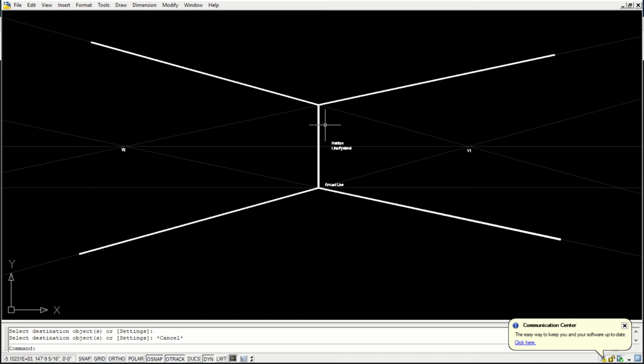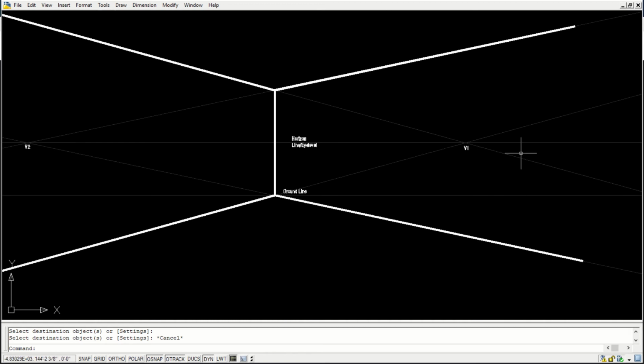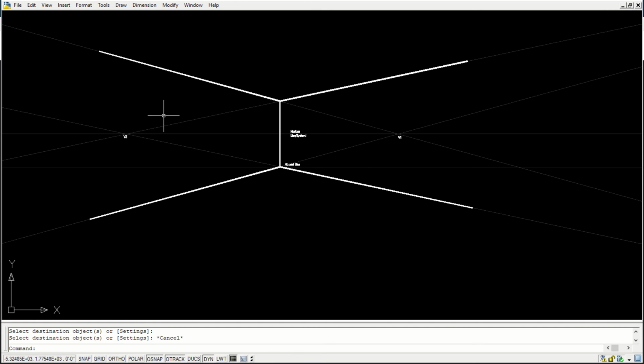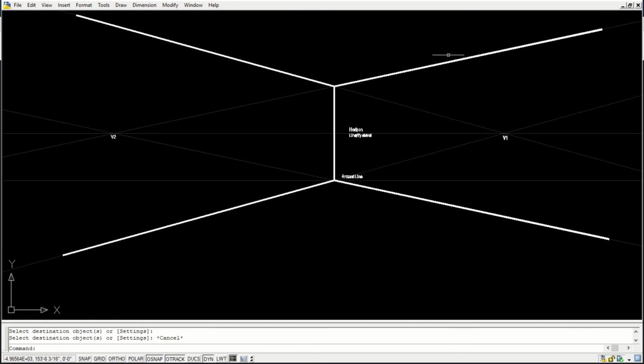In fact, further steps are also easy. It's not a very complicated thing. Kindly remember that the vanishing point on the right will help you in constructing the objects on the left. The vanishing point on the left will help you in constructing the objects on the right. As simple as that.